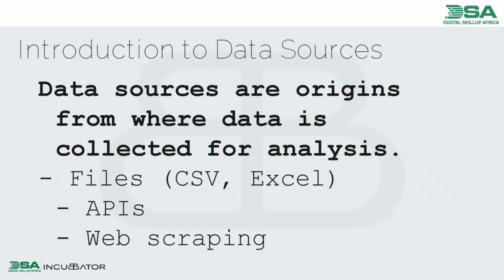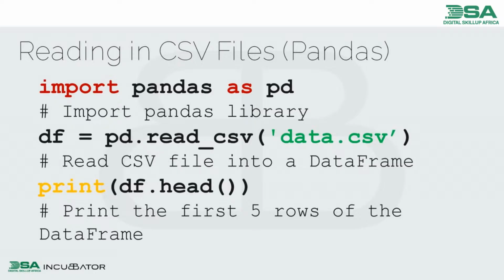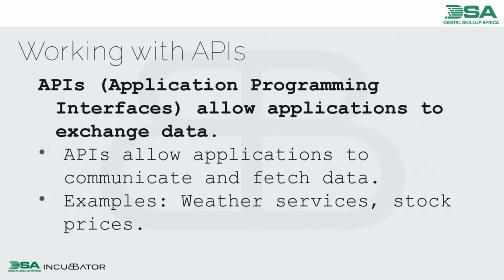Then we spoke about data sources. We looked at data sources. Working with CSV files, you know how to read in your CSV file now. Everybody should be able to read in their CSV. Cutoff has increased though. Marking scheme is not. So you guys can read in your data set from anywhere now. Exactly. So you want to read in your CSV and things like that. The same way you read in your CSV, you can also read in your Excel. You can print the first 5 rows of your data to see what is there.